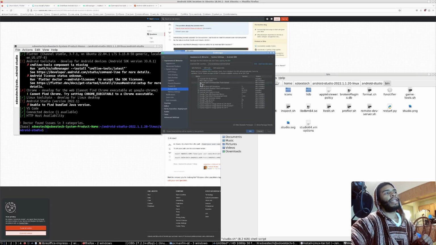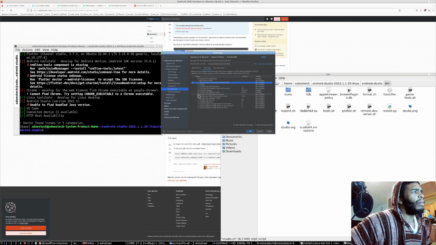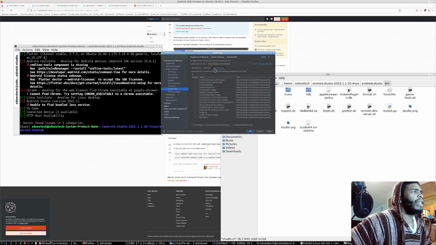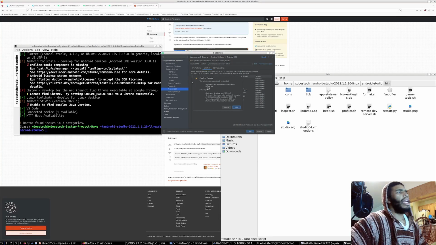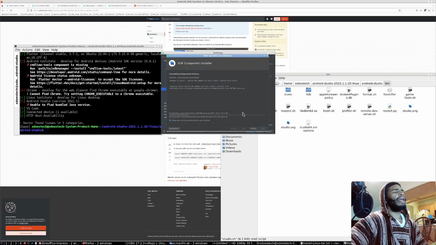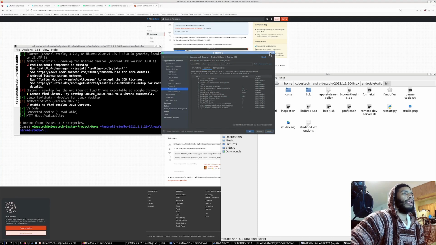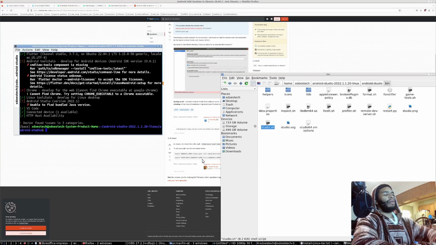Go to SDK tools, and we're going to want Android command line tools. Let's see if there's anything else that we might want to add, and for now that should be good. So we will hit apply, and it's going to install the command line tools. We'll hit OK, and it'll download for us. Cool. And we'll go ahead and minimize this, and we will run Flutter Doctor one more time without the Android